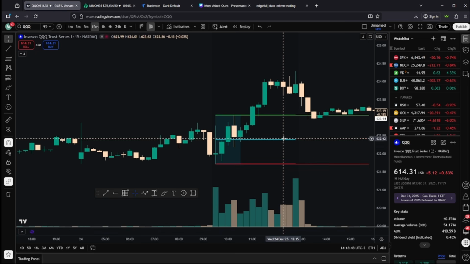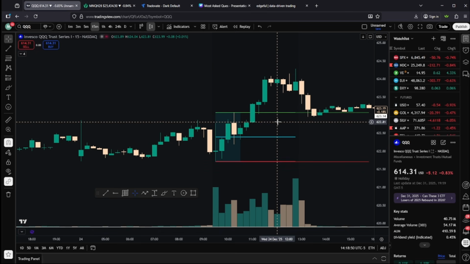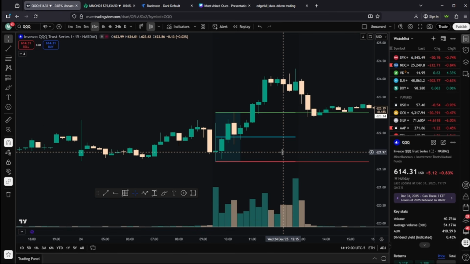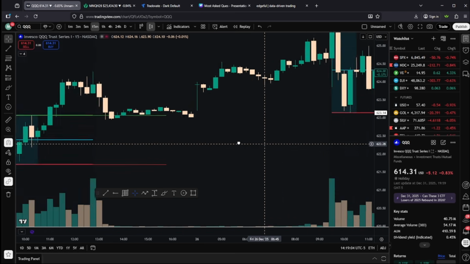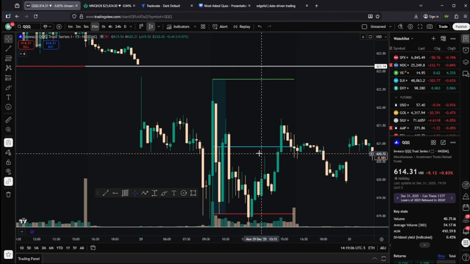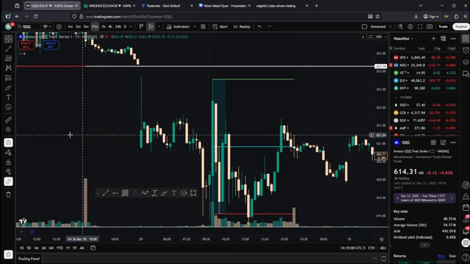Now again, sometimes I enter it at 25% retracement, meaning that my risk reward is 1 to 3 or 1 to 4 even. Sometimes I enter it all the way down here where my risk reward will be 1 risk for 4 reward. Obviously, I didn't take that, as I just said, on Monday, but it would have worked out perfectly.